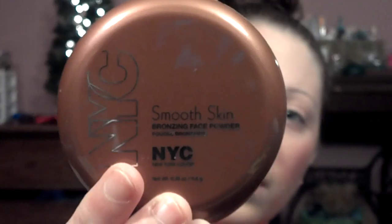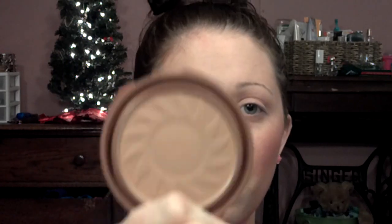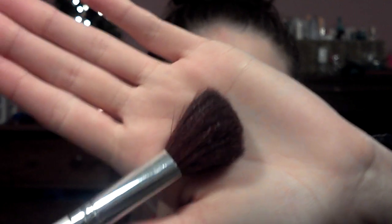Next I'm going to go in with my NYC Smooth Skin bronzer. It looks like this. It's in the color Sunny. And it's just a matte bronzer. I'm going to take the e.l.f. angled bronzer brush, whatever, and apply this. So I just really load up the brush, tap off the excess, and I take the pointed side, and I angle it down on my face, and I suck in,